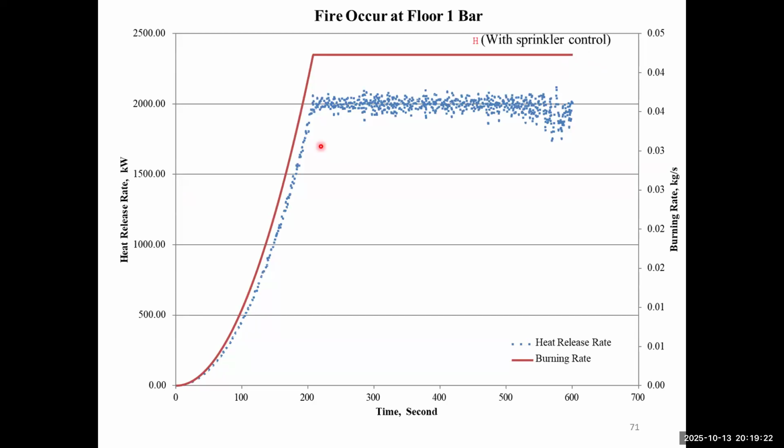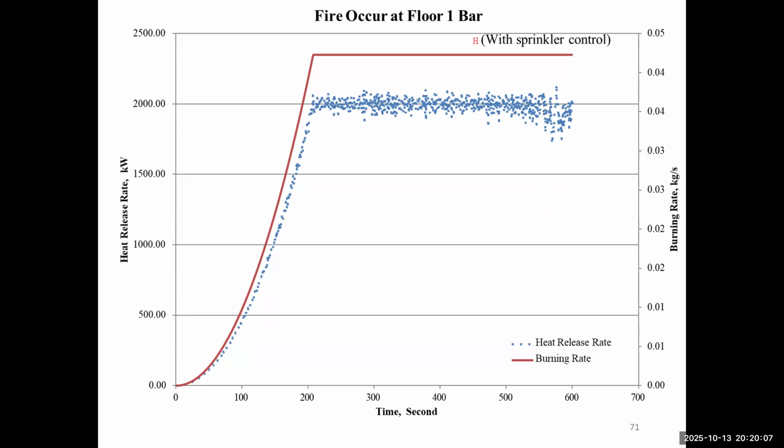This figure demonstrates how vital a properly designed sprinkler system is in extending our available safe egress time. You should keep this figure in mind, and it is a very good illustration of how a good sprinkler system should work. It will stabilize our heat release rate after some hundreds of seconds. So this is our sprinkler control. And after that,